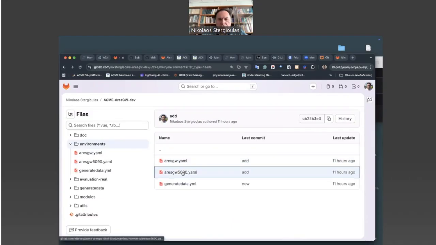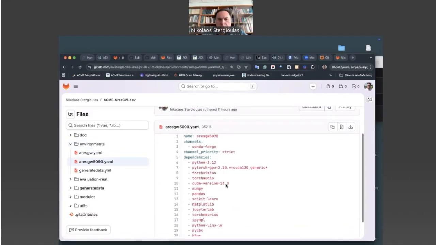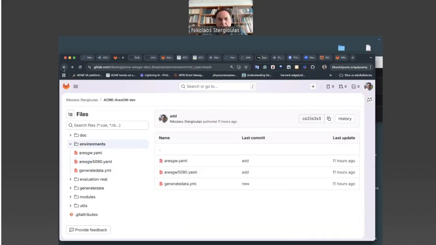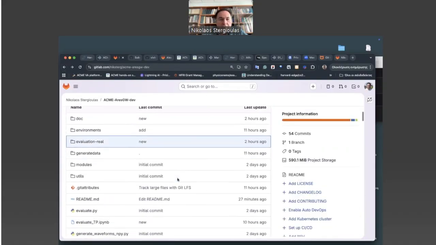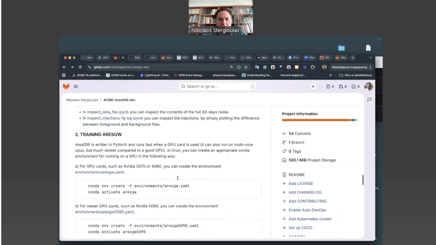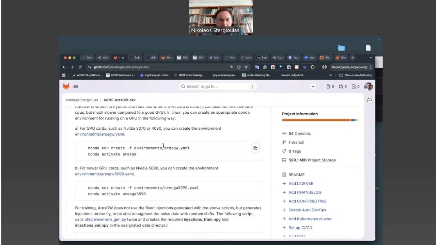But for the newest 5090, we had to upgrade to Python 3.12 and PyTorch 13, actually with PyTorch GPU 210 with CUDA 13. Okay, and this worked fine also for the new card. So we need to create one of these environments depending on which card you have.